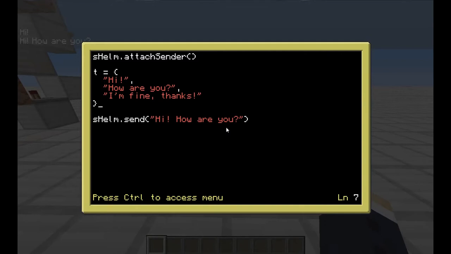Alright, there's our table. Now, if we do sHelm.sendTable and input a table name, in our case t, we can then run the program,